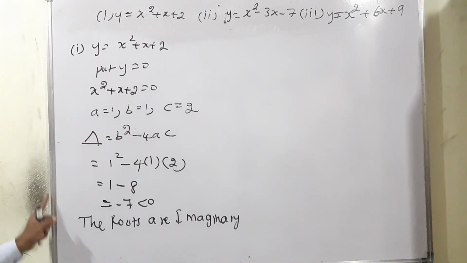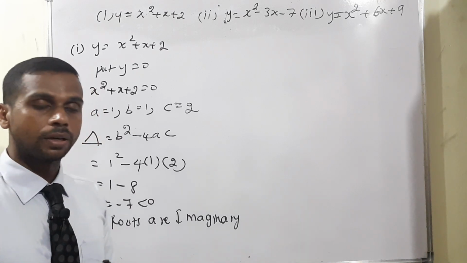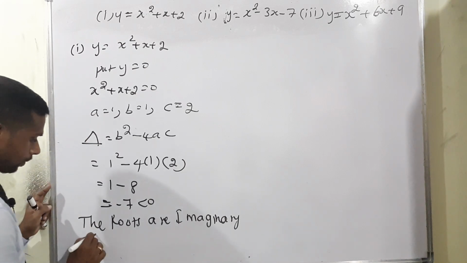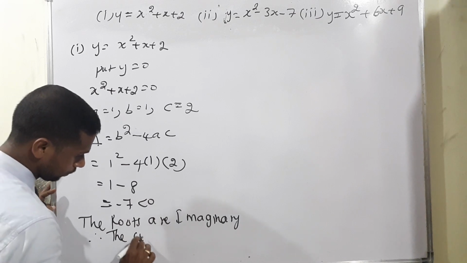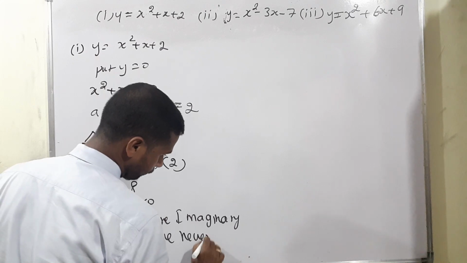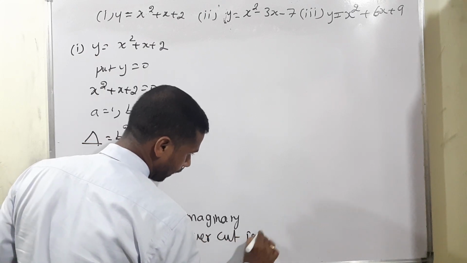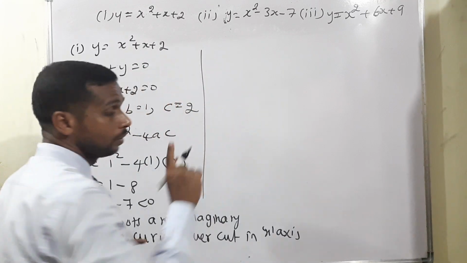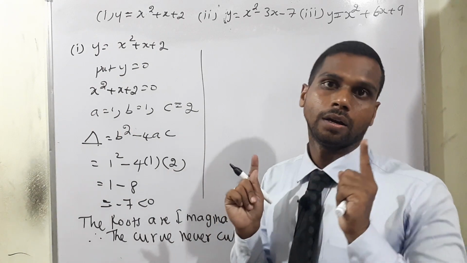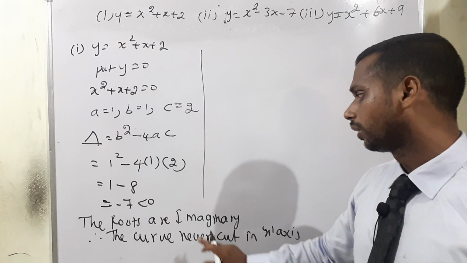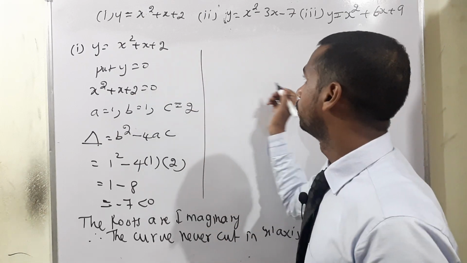So the roots are imaginary means, the condition what we have to do, already we have discussed in concept. The roots are imaginary means the curve never cuts the x-axis, isn't it? Therefore, the curve never cuts the x-axis. Okay, the first one. Because the condition also is without sketching the graph we have to identify the intersection with the x-axis. So we have the answer for subdivision 1: the roots are imaginary. Okay, I am moving to subdivision 2.